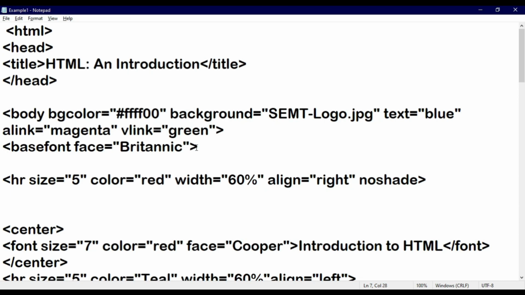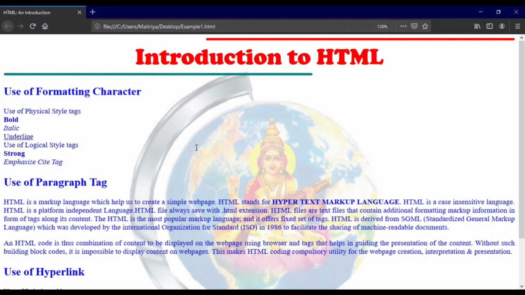Now just save your file, get back to your browser and refresh your page. Right now, have you seen any change in your output, students? If you see clearly, there is no change, because it is used as the default font. Whenever you are not setting any particular font, at that time by default it will accept that base font style.